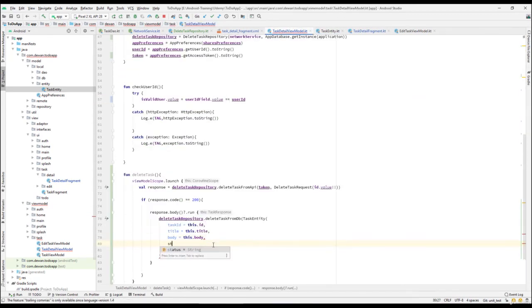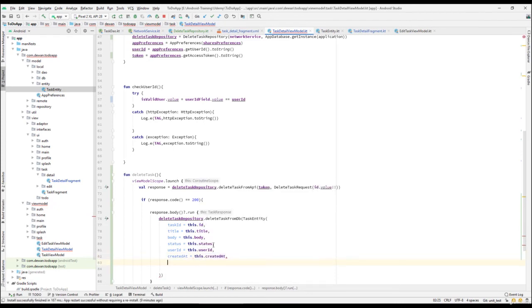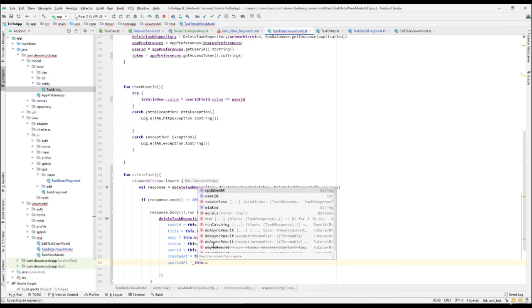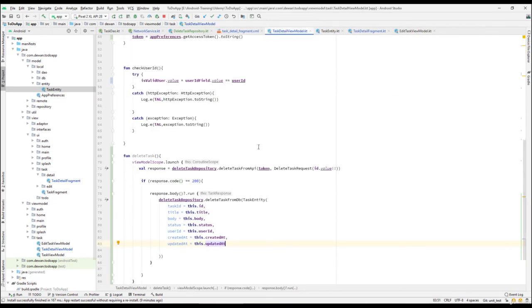So we need to pass the status, which is equal to this dot status, and we have a user ID, which is this dot user ID, and created at, which is this dot created at, and updated at, which is this dot updated at. And I think that's all that we need. We don't have to pass the busy color, which is by default 0. Okay, so we have created that one,